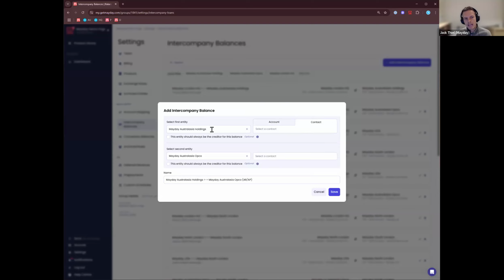So this is where if I'm in my Mayday Australasia Holdings 0 file and I raise an invoice and send that invoice out to Mayday Australasia OpCo, I should have an invoice in one 0 file and an equivalent bill in the other. But sometimes things don't get posted to both sides. We end up with discrepancies in our AR and AP. So